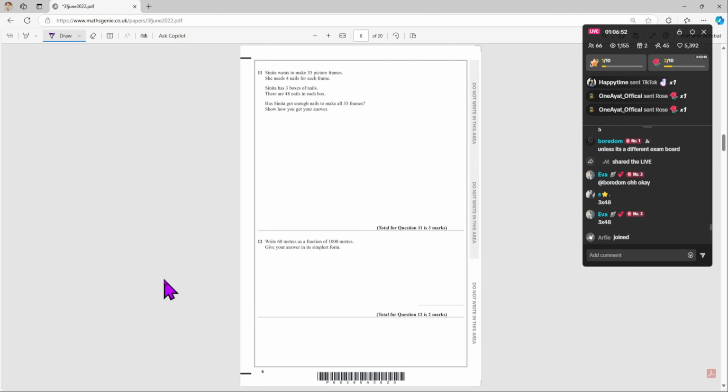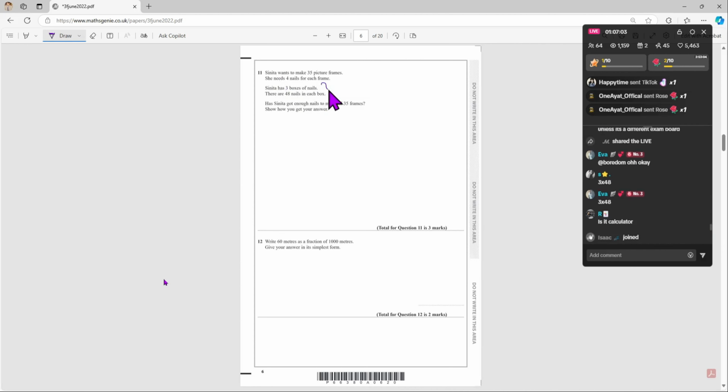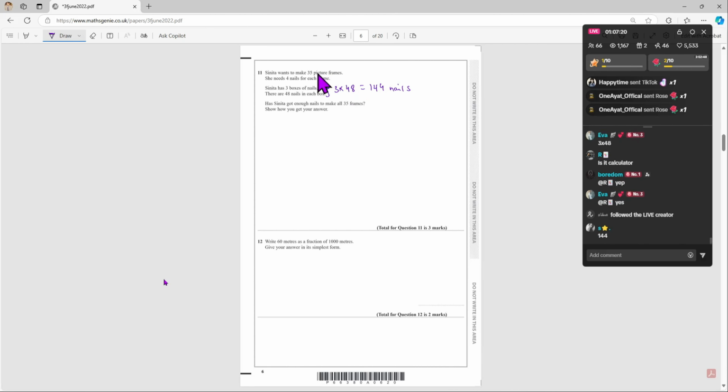So first thing we need to do is work out how many nails she has altogether. It's a calculator paper, so by using this information, we're going to need 3 times 48. In the calculator, do 3 times 48. You get 144 nails altogether. And now, to make 35 picture frames,